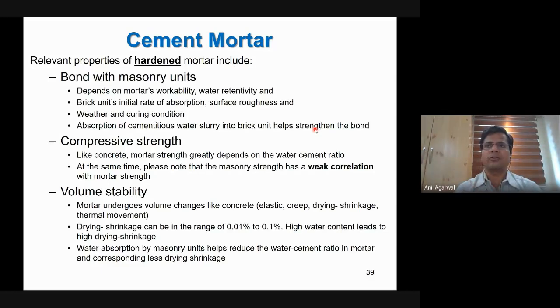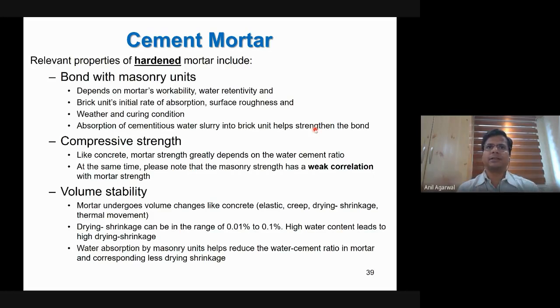Basically, what we want out of a masonry is that the assembly of bricks and mortar, which can be called the masonry assemblage, has overall high strength. The strength of the assemblage is made of the strength of the brick and the strength of the mortar, and maybe some other parameters also. So each one of them should be as high as possible. You can have high strength bricks and high strength mortar. Of course, there will be cost involved, so you have to make a compromise, but it will improve the strength of the masonry assemblage.